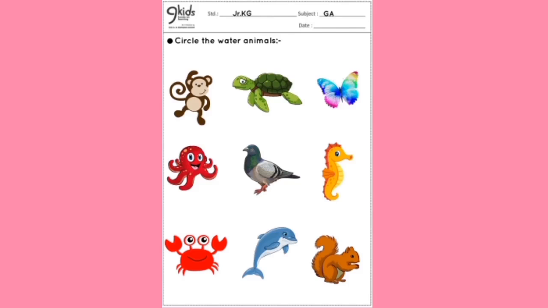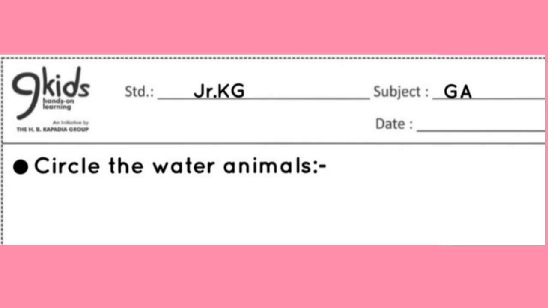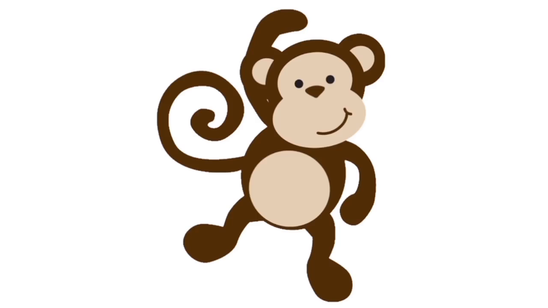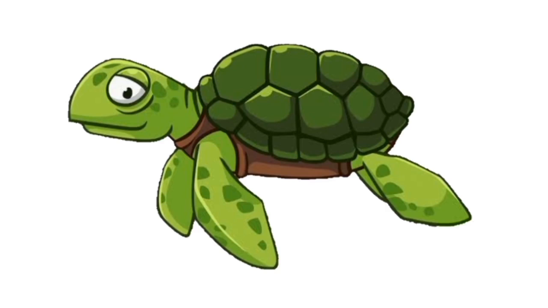Now I will give you the solution of the worksheet. Here is the worksheet. In this worksheet, we have to circle the water animals. In this worksheet, we have monkey, turtle,